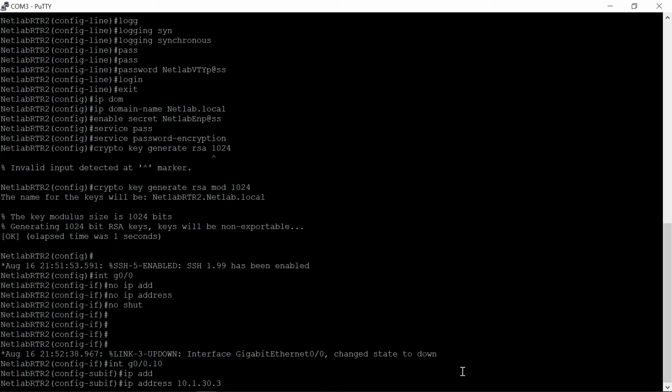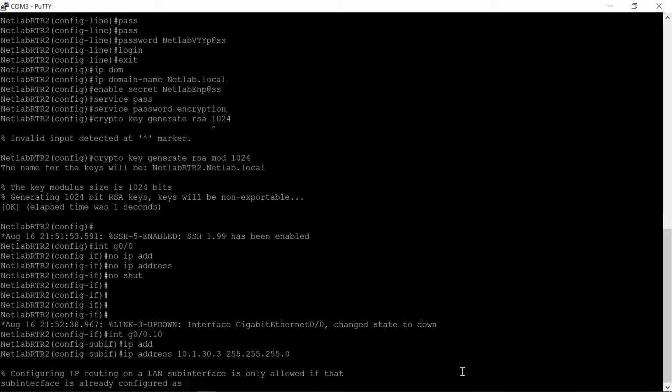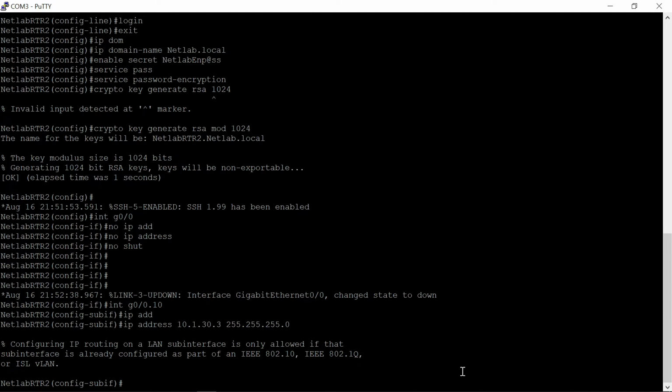And don't forget your subnet mask. Oh, I made a mistake. Okay, first I have to tell the sub interface that it's going to be used for inter-VLAN routing. Pretty much,